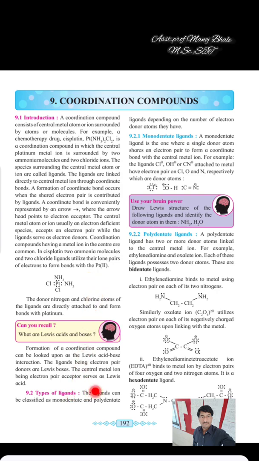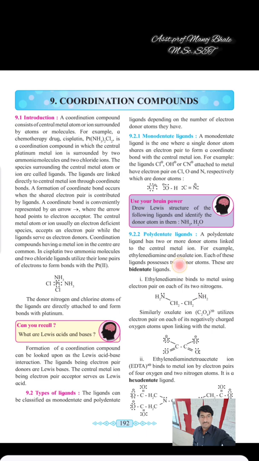Also we are seeing types of ligands. A ligand acts as a Lewis base, which means it donates a lone pair of electrons to the central metal, and that is known as the ligand. There are a number of types which we saw in the last lecture. That is a monodentate ligand, which has only one donor atom present in the structure.